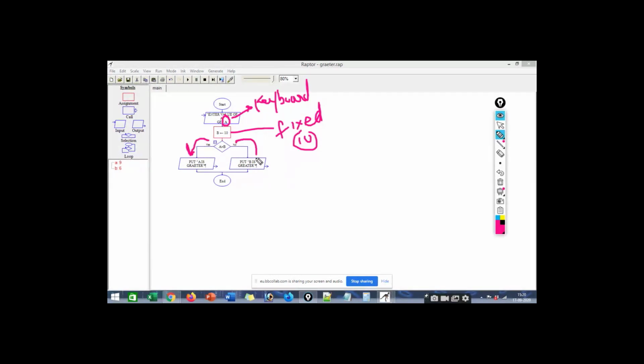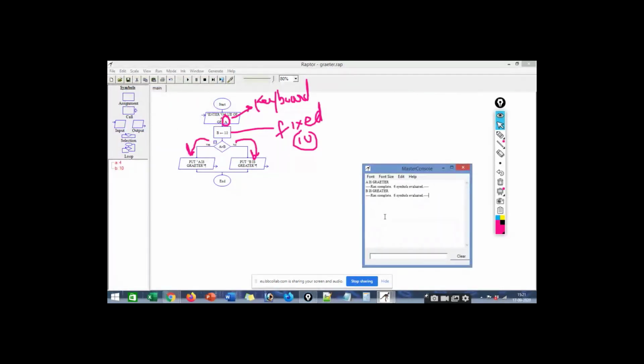If the value is not greater, this will be printed. So let's see what will happen. Here it says enter value of A. If I enter the value of A as 4, which is less than B, it says that B is greater.